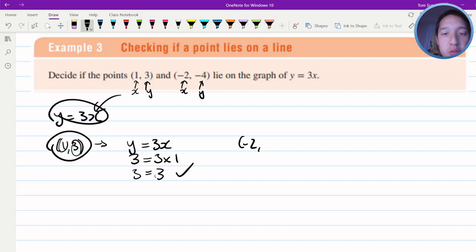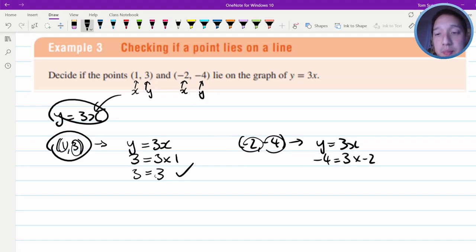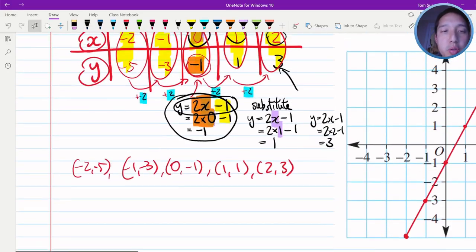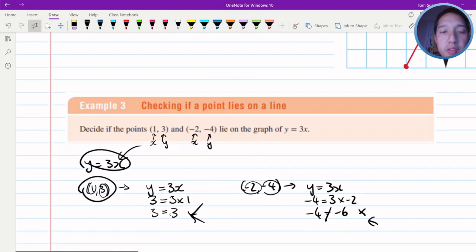Try the second one, which is (-2, -4). Let's try it. y is equal to 3x. Let's replace y and x with the values that we have here. y is equal to -4, x is equal to -2. So this becomes -4 equals -6, which doesn't work. So no, this is not on the graph. So this one, yes, lies on the graph. This one, no, doesn't lie on the graph. Okay, hopefully that makes sense, that you can use these two questions and you should be able to confidently complete